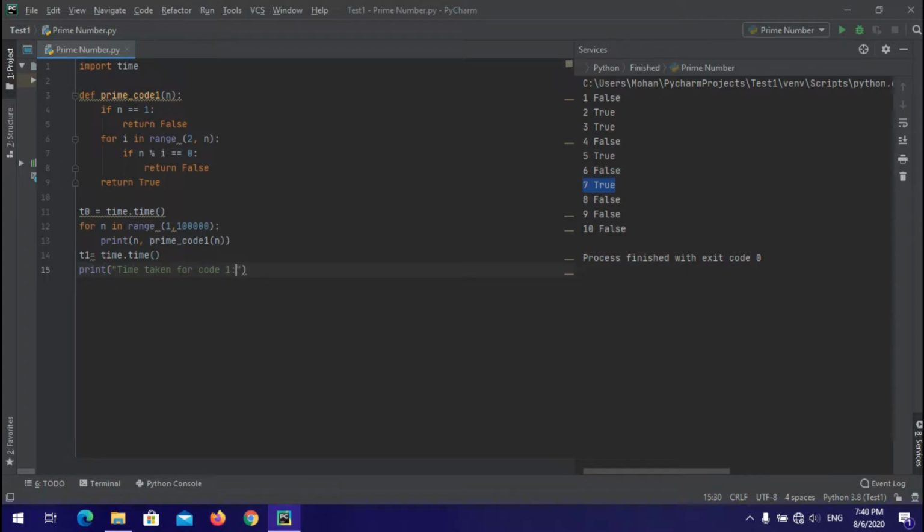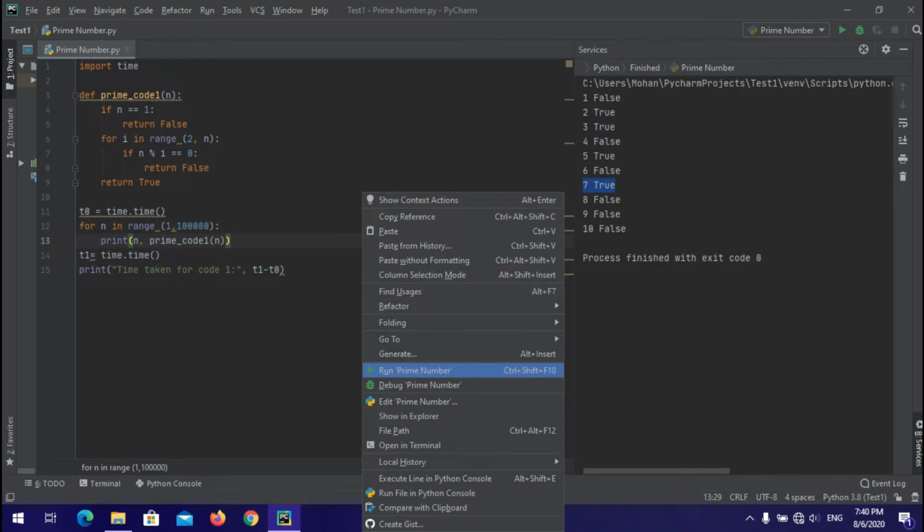Just print the time taken for code 1, which is nothing but t1 minus t0. Just run this code and we'll see.